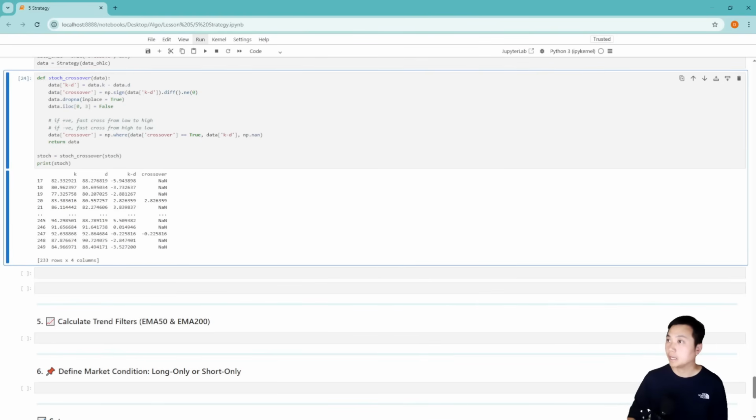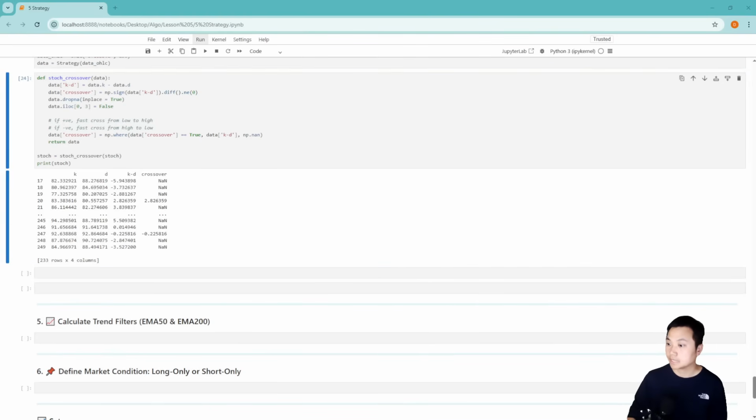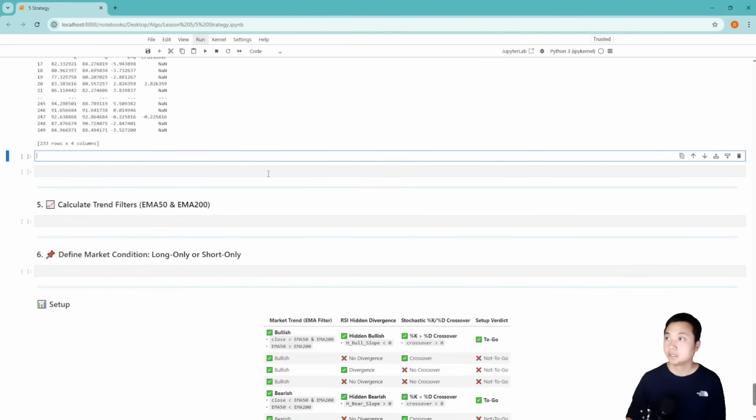Now to help you better visualize exactly where these stochastic oscillator crossovers happen, I've actually prepared a